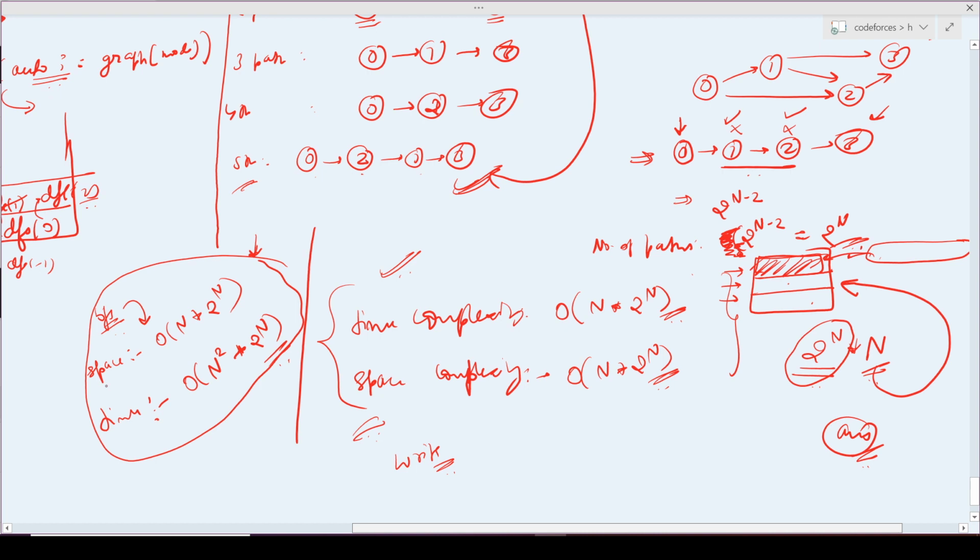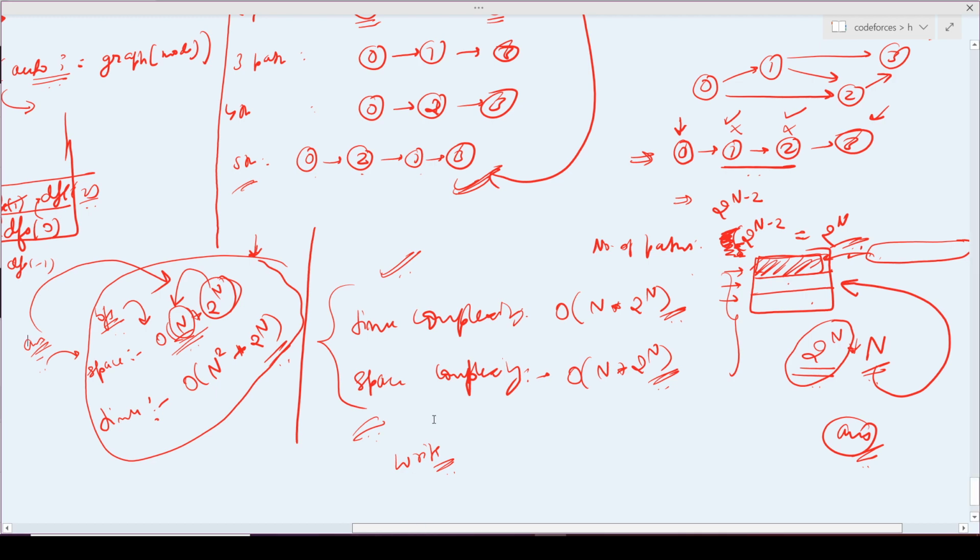But I should say that he has missed this n part in the space, and I am right in this part, because the number of paths is this, and every path length can go up to n at maximum. So the answer vector itself might have a size up to O of n times 2 raised to the power n. So yeah, that's all for this video, and I hope you have understood it.